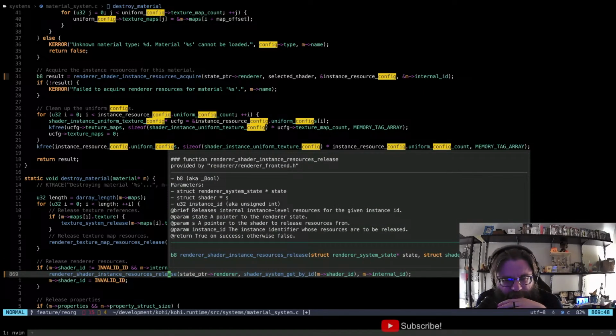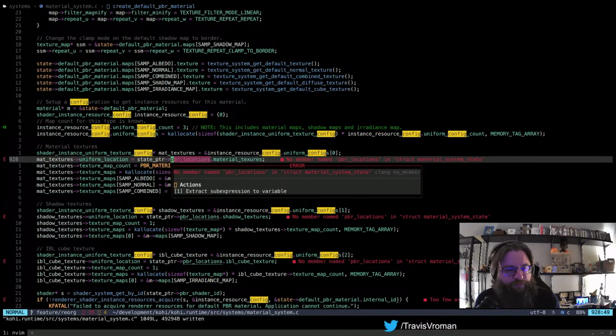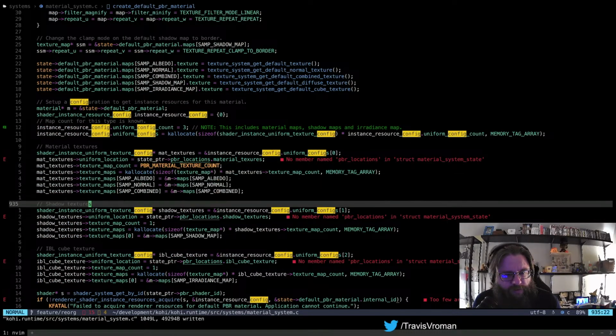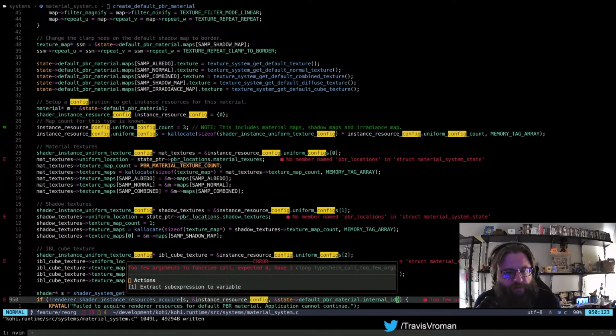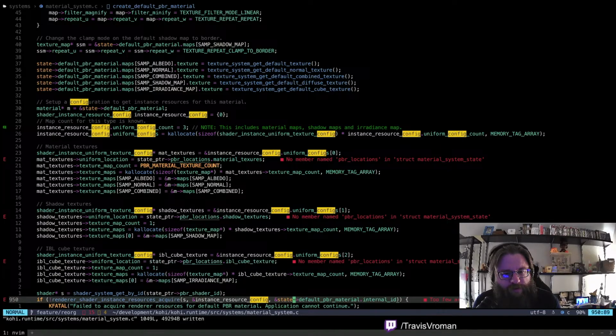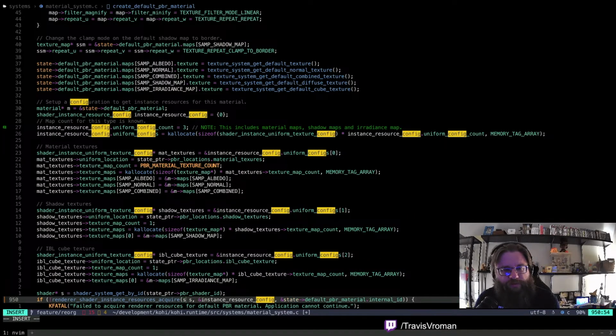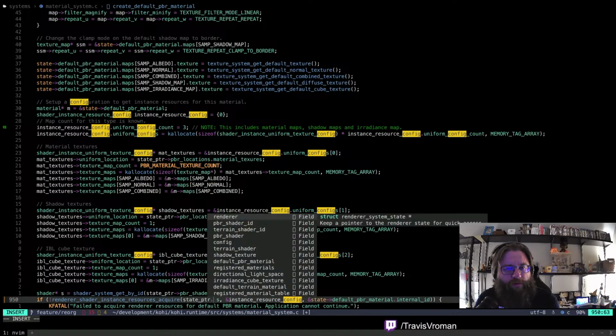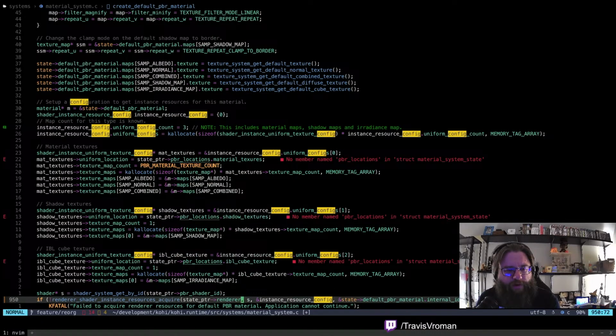That still takes a shader pointer, so we might actually want to do away with that and make that take an ID instead, but I'm not going to change that right now. We'll skip over that for now. So here are the locations. Here's another place where we need this. So state pointer renderer.